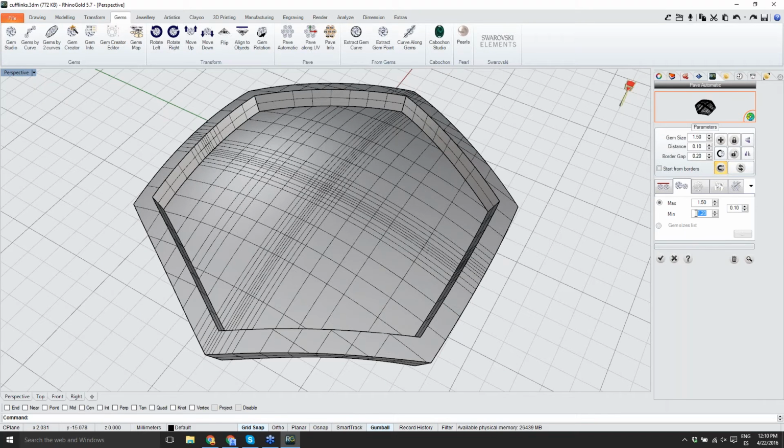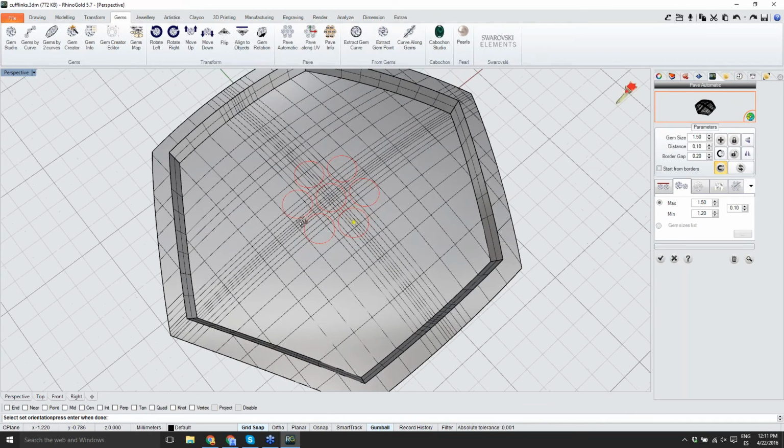Once I define all the options for the gem sizes, I click on preview, and now I need to pick a point to start my Pavé. In the command line I have this option, go to center, which allows me to directly apply my Pavé on the center. As you can see, I have these curves. This is the original position of the gem. These circles are the gems, and I can rotate to orient the direction of my Pavé. In this case, I will use this,